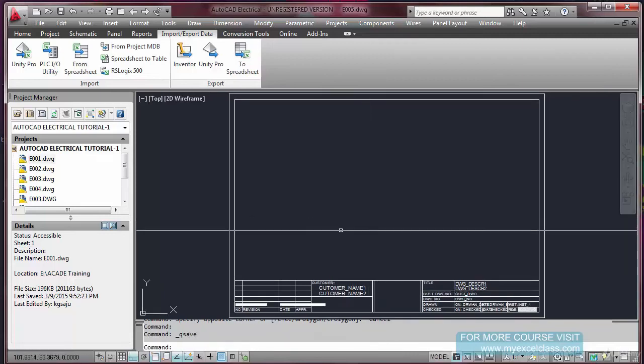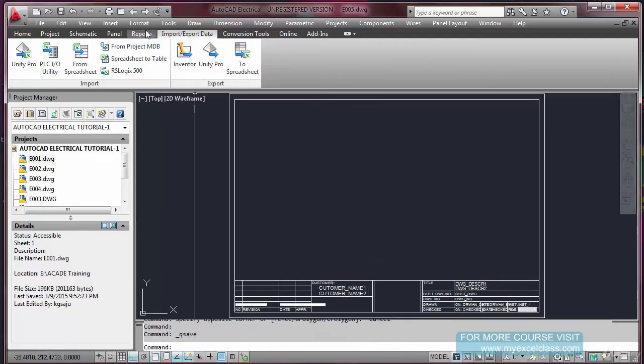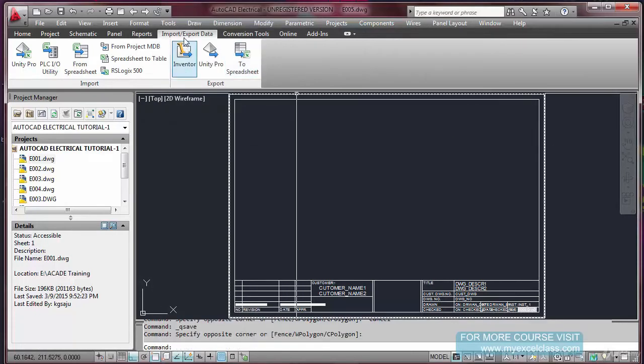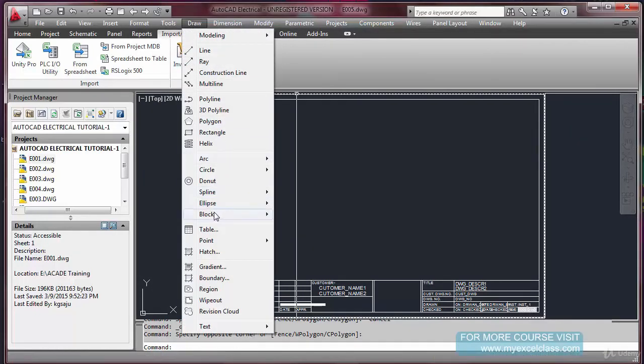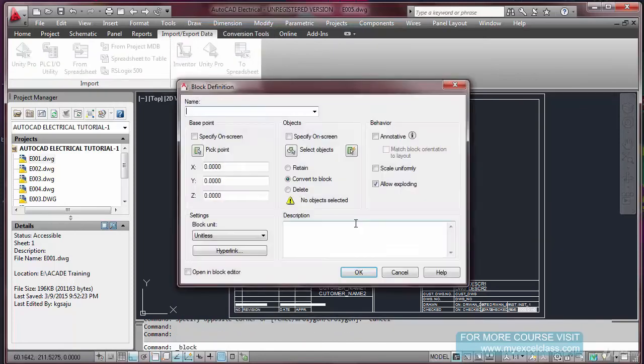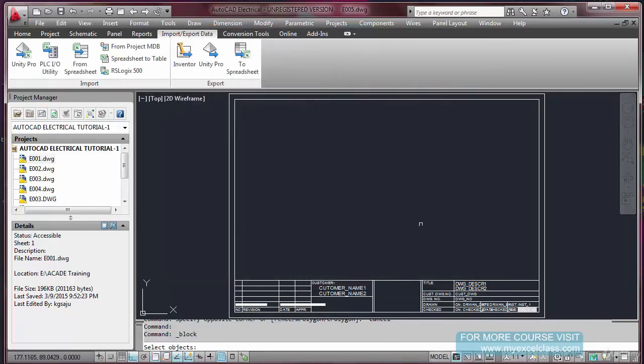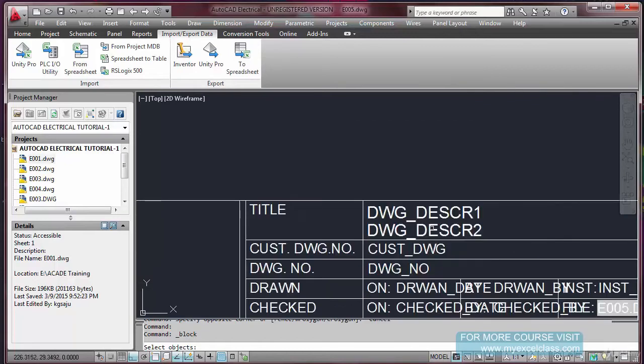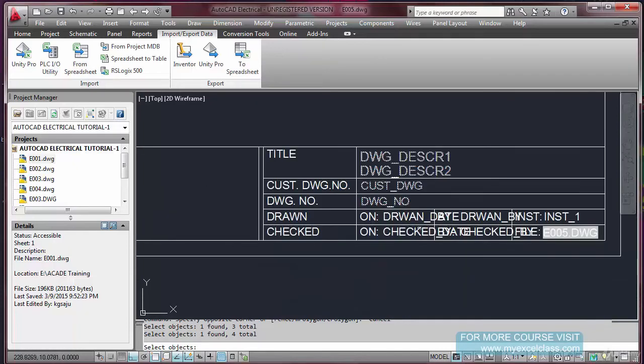You should be very careful about what I'm going to do now. Go to this tools, sorry, again, this block, make, select objects. I'm going to pick one by one. First the drawing description 1, only the attributes. Description 2, then customer drawing number, then drawing number, that is our drawing number,